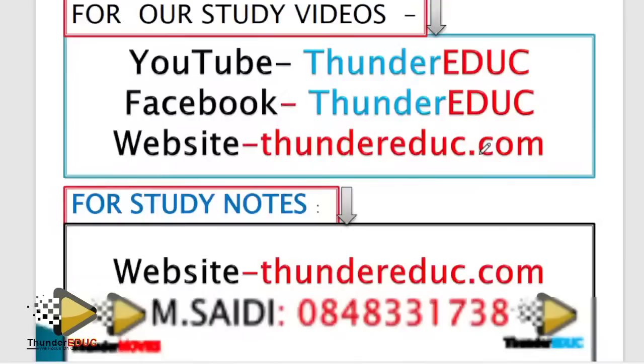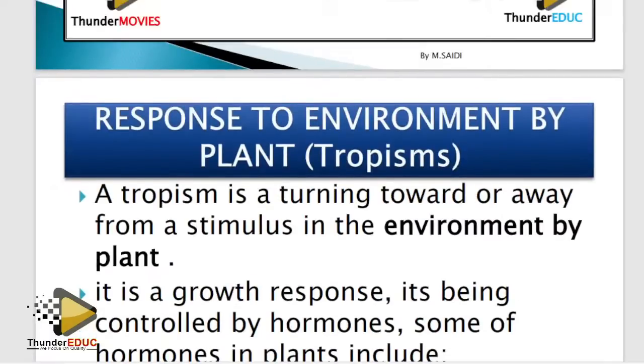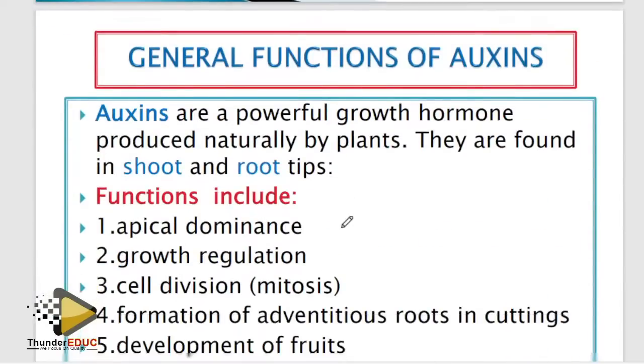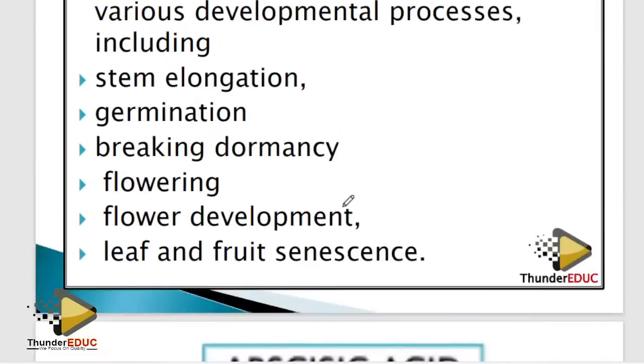And this one is also simple. What is tropism? When you talk about tropism, it is a simple thing. Let me check here if there is any question. Okay, there's no question here. If you have any question, guys, let me know so that I solve it. Okay, let's go. Tropism, we say it is a simple thing, so the general function of auxins. Talk about the function of auxin. Remember, it is found at the apex, so it brings about apical dominance, growth promoter. So basically in this we always talk about auxins.